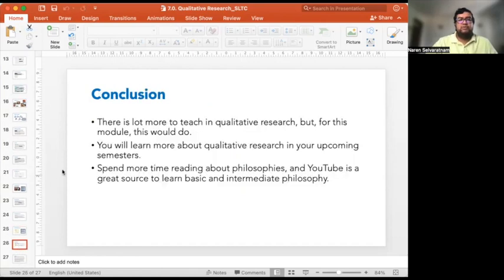Okay. So conclusion. There's quite a lot more to teach in qualitative research, to be very honest. But this is a beginner level course, so I don't want to overburden you with qualitative research, but we'll be doing one more week of qualitative research as well. My main intention here is to give you a better understanding about qualitative research, which I hope now you have some understanding. But if this is the first time that you are going through qualitative research, this could be a little bit overwhelming as well, because we went through multiple concepts